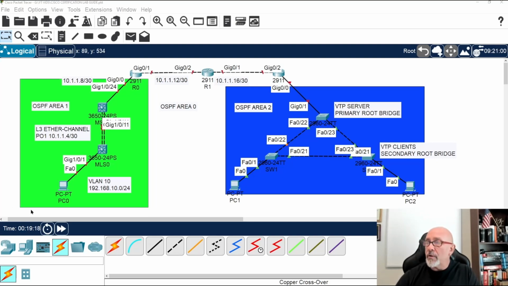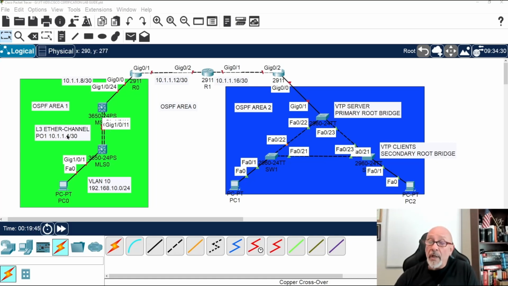Let's take a look at the topology. So we have a PC. Obviously, we're in VLAN 10, and this is the 10.0 network, slash 24. Then here between these two switches, these are 3650 switches. The reason I'm using that is because of how you would trunk the ports, it's easier, just one command instead of two. But you can see they're red because there's no power supply. I'll put it in there.